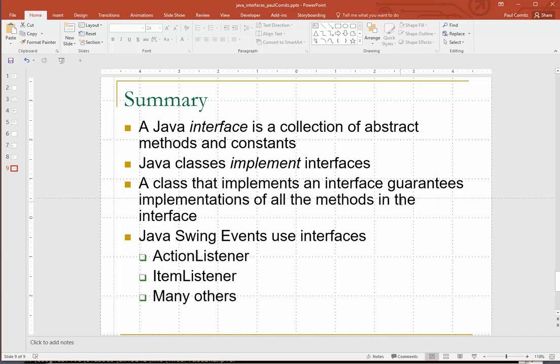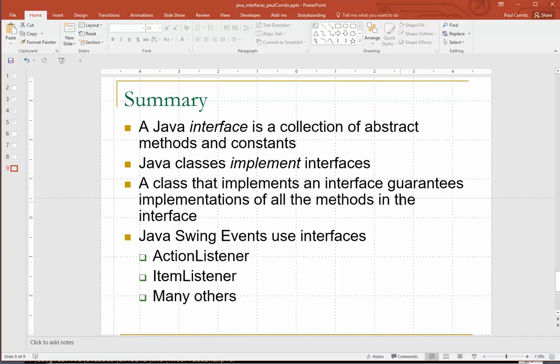When we say we implement an interface, we're guaranteeing implementations of all the methods in that interface. A preview of coming attractions: a real concrete use is GUI widget event handling. If you don't know what that means, don't worry, you will. For event handling of graphical user interfaces,